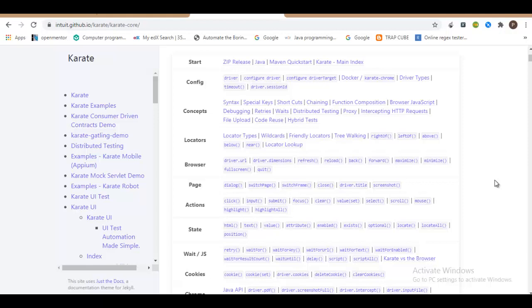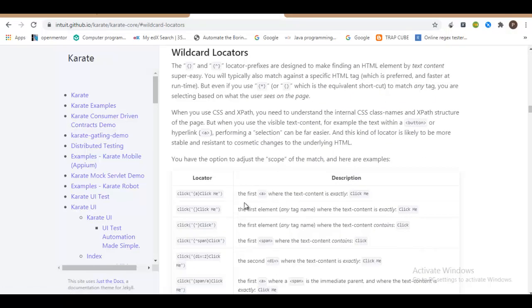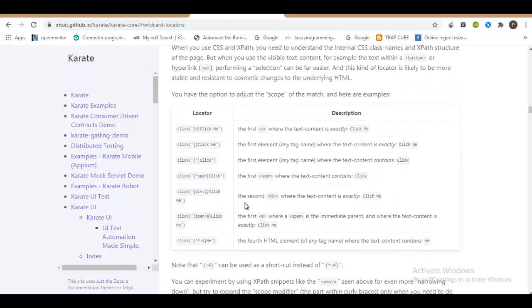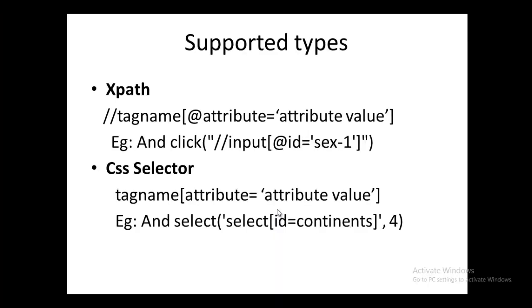If I show you very quickly in the documentation, these are the wildcard locators. I have also prepared a small presentation for you, so let's discuss that as well. We understood that these are the supported types by Karate. I have given a sample example of how an XPath can be constructed and how a CSS selector can be constructed.